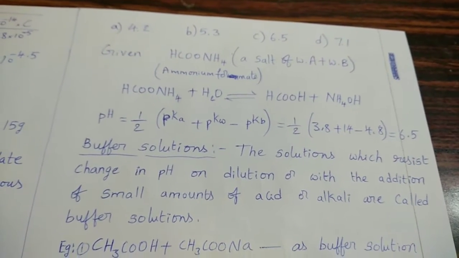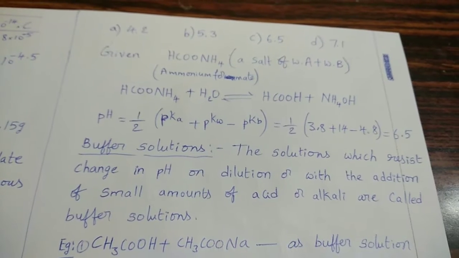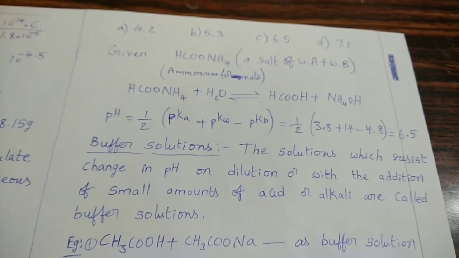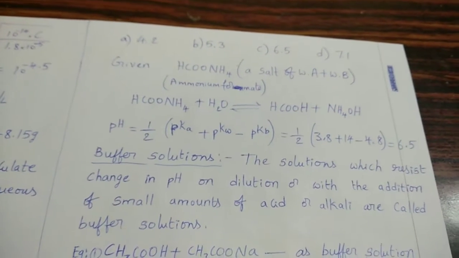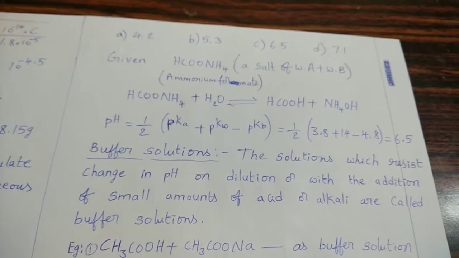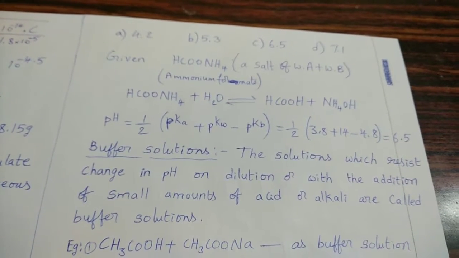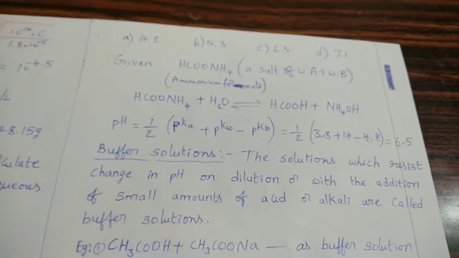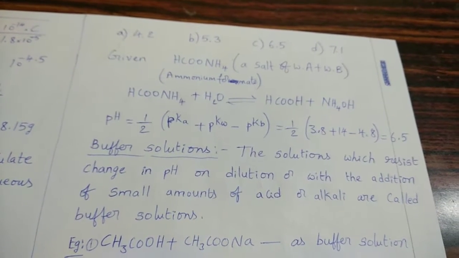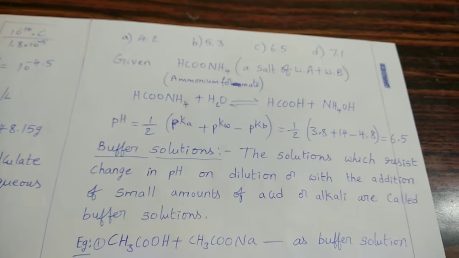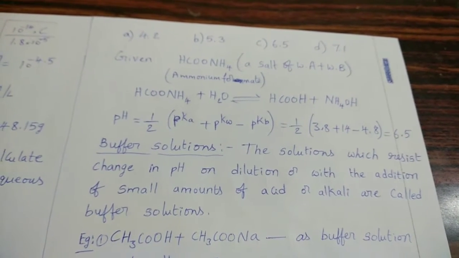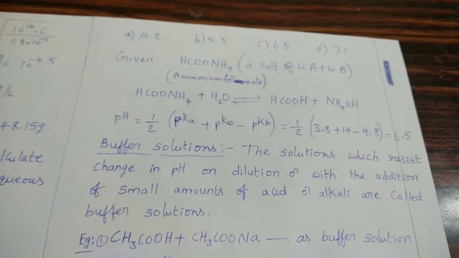See, in our body blood is there, urine is also formed in our body. The blood's functioning will be disturbed if any change takes place in the pH of the blood. So at a certain pH value, blood functioning is in the normal condition. Otherwise, we will get some health problems. In this way, to maintain the pH of a particular solution, we need another substance. That substance is called a buffer solution.